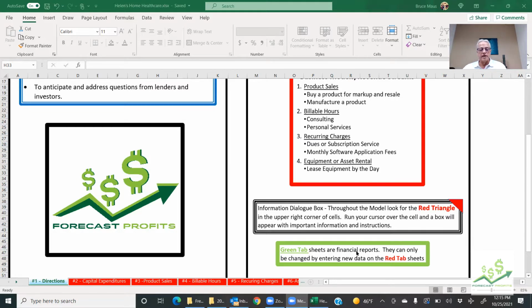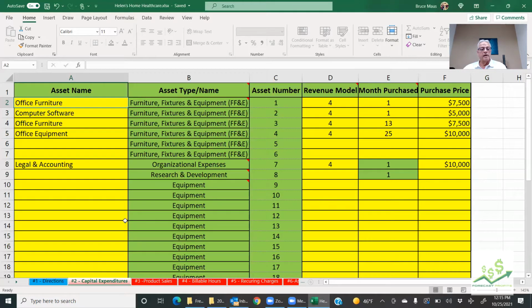Our first case study was with Helen, who created her own business, Helen's Home Health Care. She was a geriatric nurse for 15 years and decided to leave her employer and start a new business. The first thing Helen had to accomplish was to purchase some assets to operate her business, office furniture,